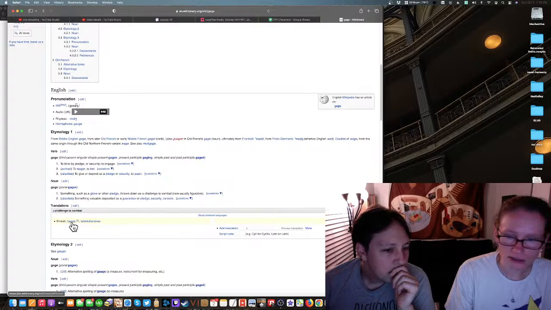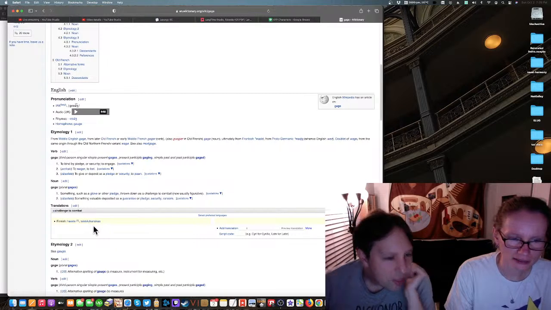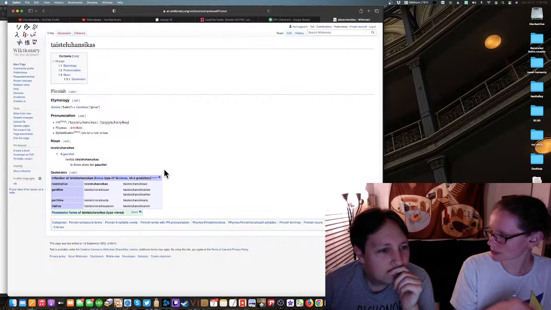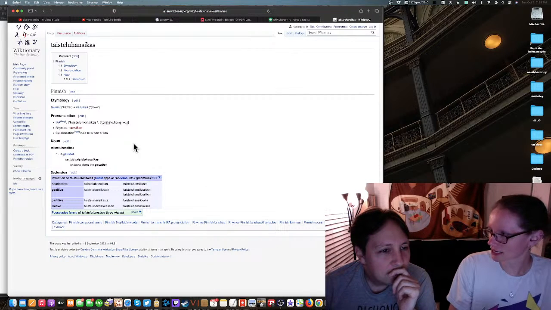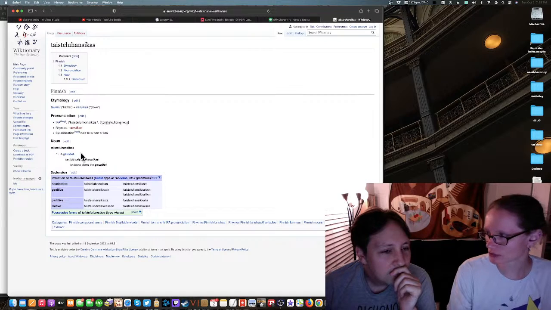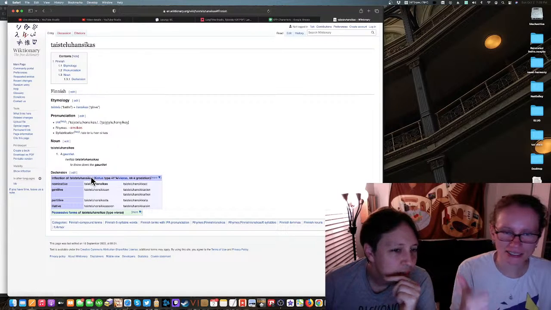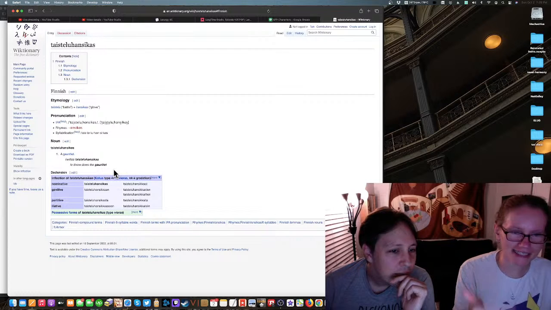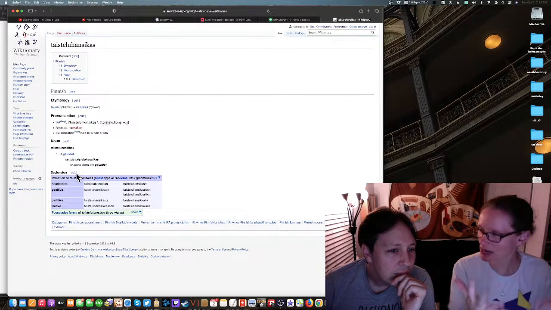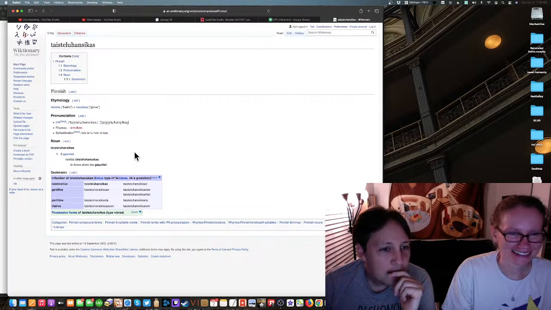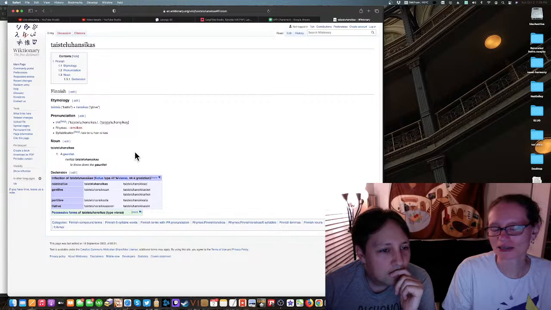I love that that's the only translation offered. That is taisteluhansikas. Oh boy. And now I'm never going to be worried about my words being too long in any conlang I ever create, because I'm going to be like, Finnish has a longer word, I'm sure. It's a gauntlet. Done. See, gauntlet, two syllables, and they've got taisteluhansikas. I'm not worried anymore. I love it. That's amazing. Okay, sorry. We can go back to colors.